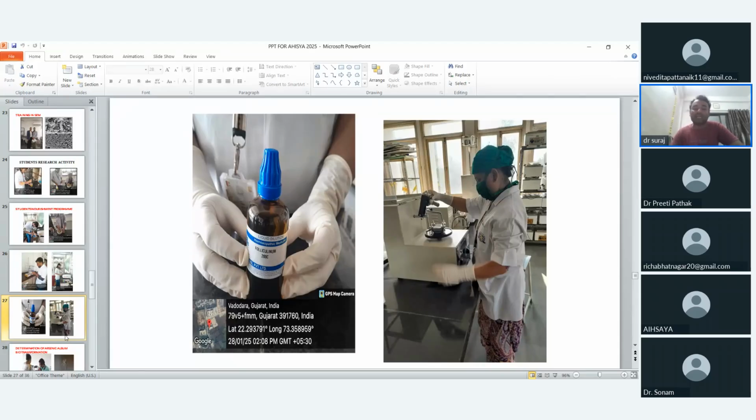So what we are going to start, we started the synthesizing of some mass particle in such ultra high dilution. This is another work completed by our faculty, Dr. Jayashree Madam from the Department of Practice of Medicine in our Parul University, with the help of an electric triturator machine. In the image you can see this is the electric triturator machine. So she used sugar of milk as the base.